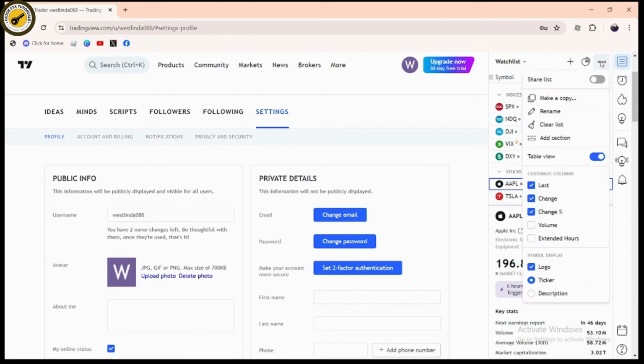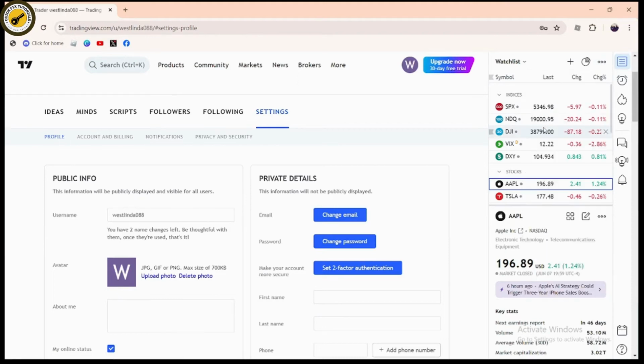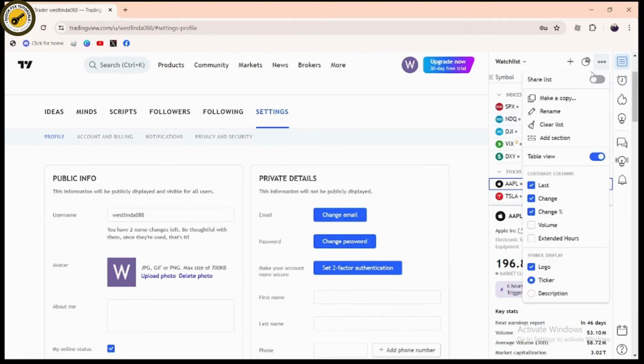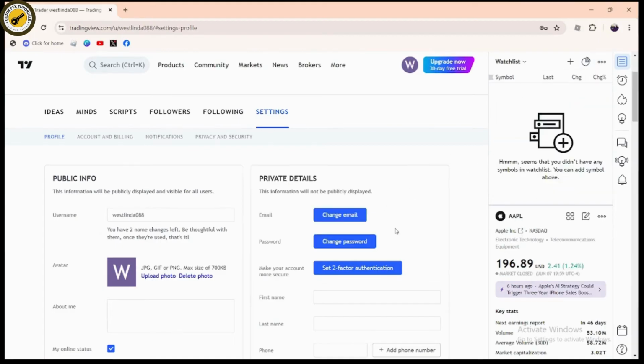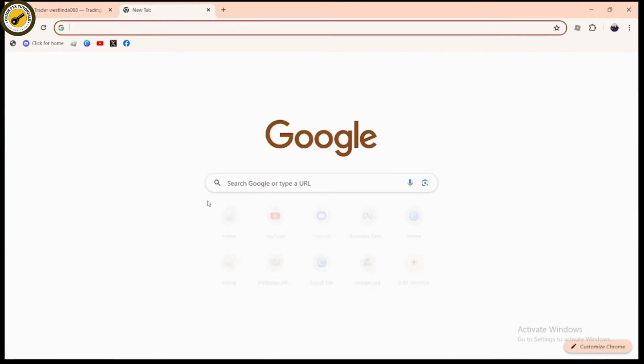But if you don't have that, go for the three dots, which is here in the upper right, and then clear your list. And once you tap on clear list, then your list will be cleared and your problem will be solved. But if that still doesn't fix your problem, you need to go for the new tab and then